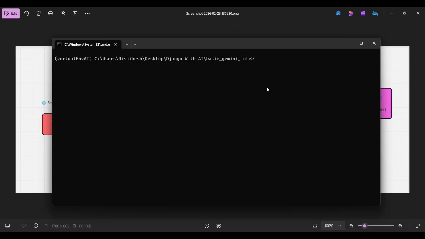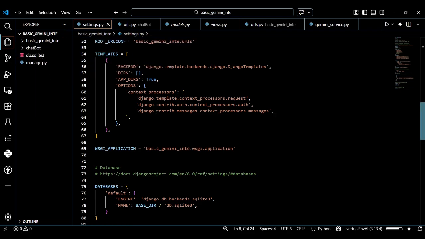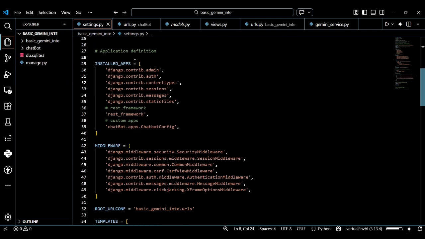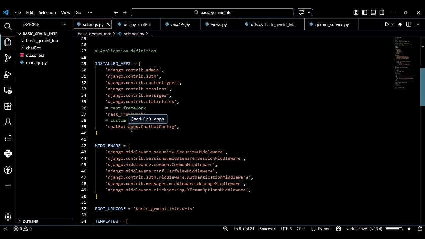After that, we need one app that is separate, for our chatbot. Let me show you my apps. I have already made one called chatbot, and we include the app in my settings.py. I have also added the REST framework for the API creation, and this is my